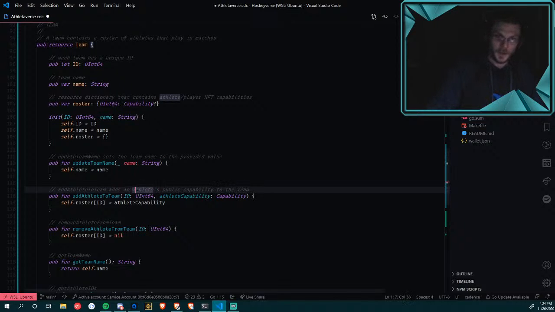So again, I don't know what that capability is going to be called, so I'm just going to call it a capability right now. Just because I love the word roster.